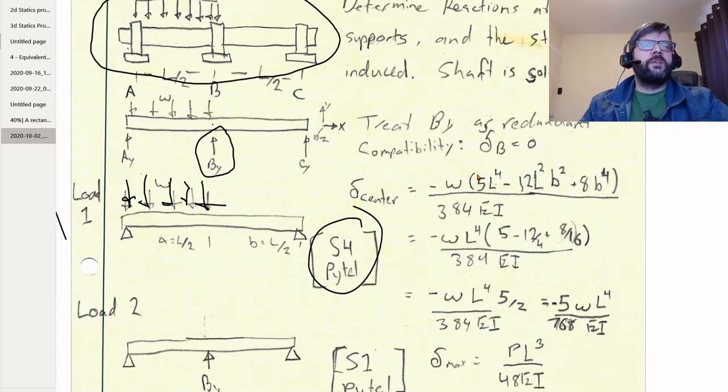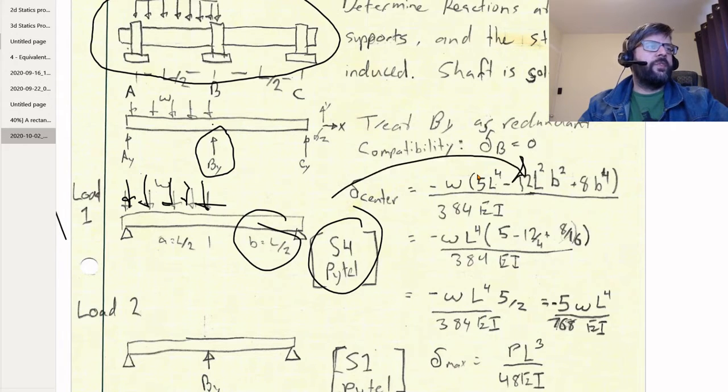Our B value here is L over 2, so plugging that in and factoring out the L to the fourth,